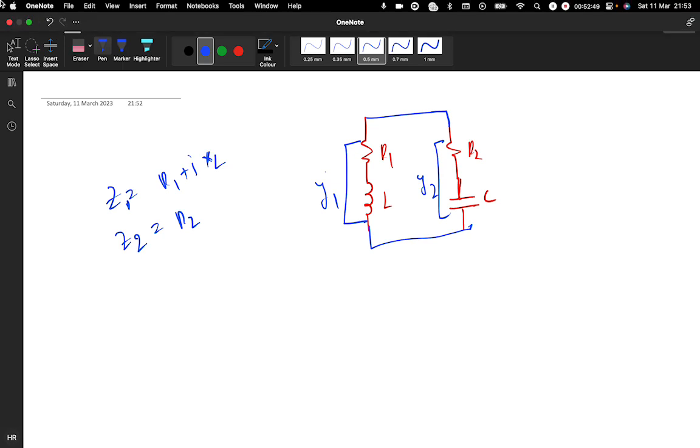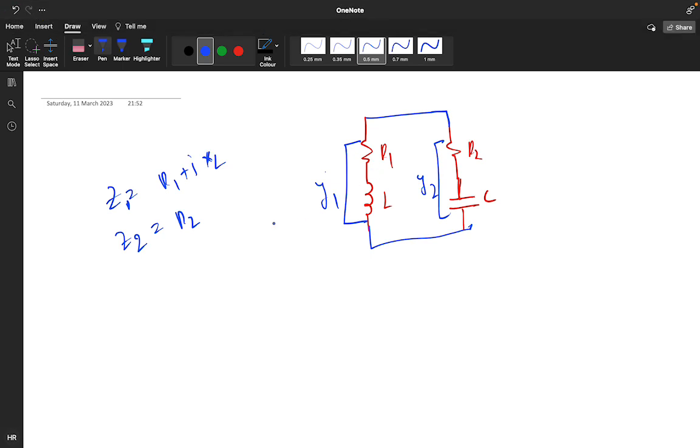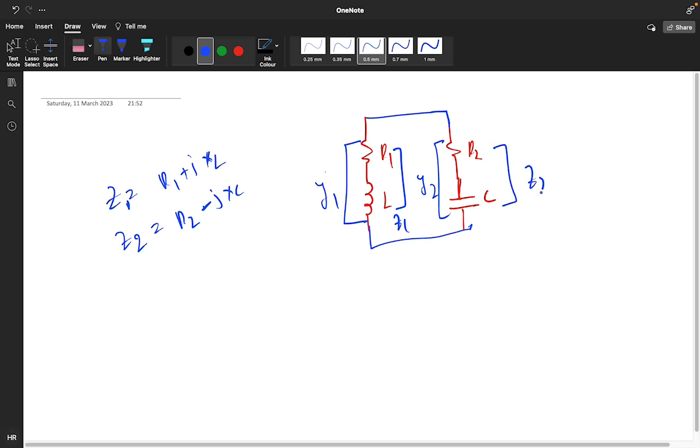Sir, if you are considering that as y1 and y2, then Z1 will be 1 by y1, right? Yeah, this I am considering as Z1. This particular is Z2. Okay, so Z1 will be 1 by y1 only. So Z2 is R2 minus JXC and Z1 is R1 plus JXL. So y1 is 1 divided by R1 plus JXL and y2 is equal to 1 divided by R2 minus